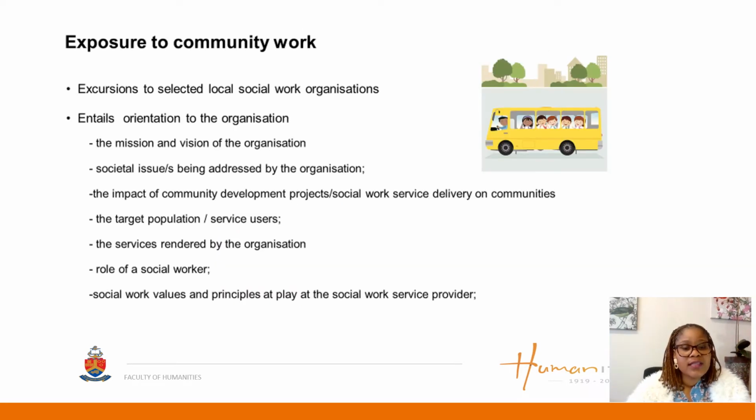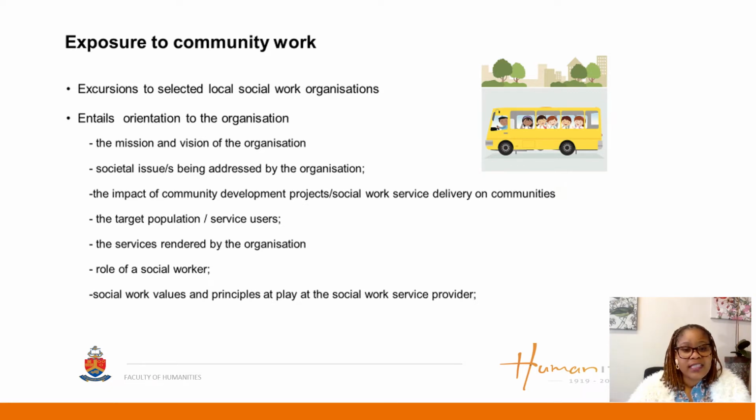At our university, students in their first year of studying are exposed to community work by embarking on a few excursions to selected local social work organizations. Now, these excursions are primarily meant to give students a taste and feel of social work within a community setting. It is on these excursions where social work practitioners within the selected organizations orientate students to the organization with a